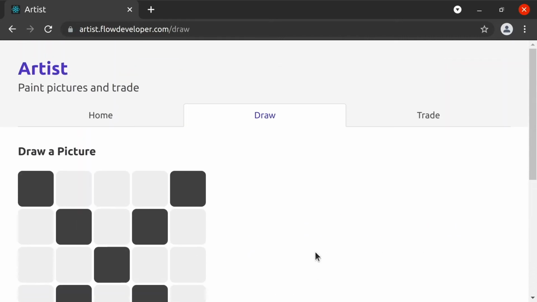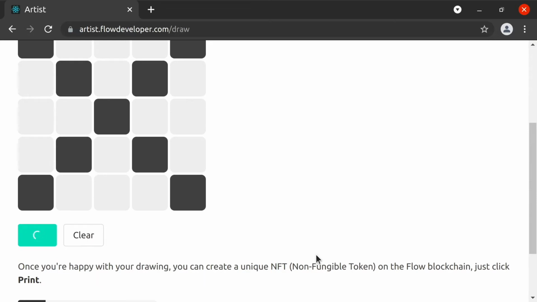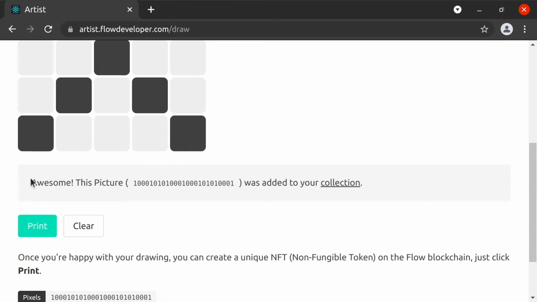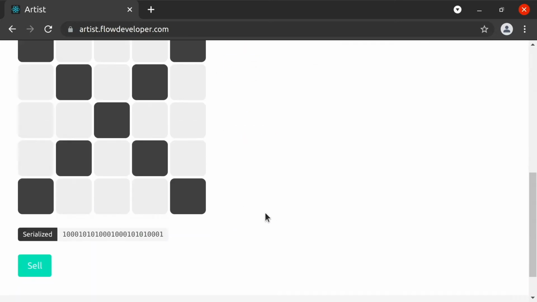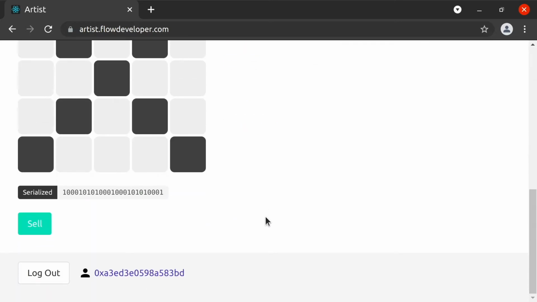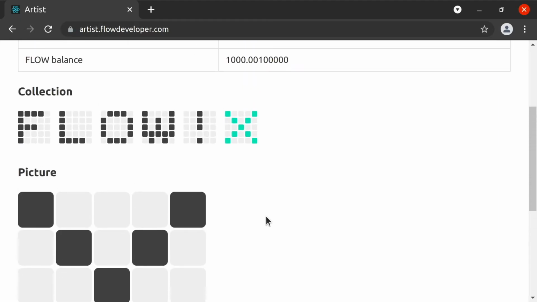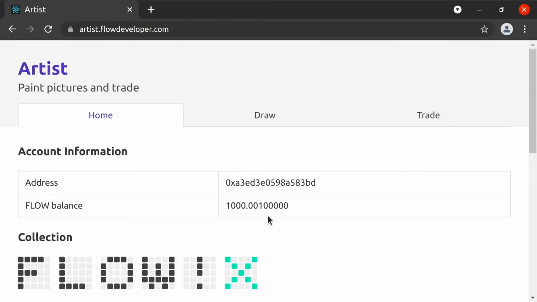This is fully driven by the Flow blockchain. There's no backend storage. Everything is hosted on Flow. Once the transaction is completed, we'll be able to see that this picture was added to our collection, and we can see 6 pictures in this collection. So this is the end goal for week 1, and to get there, we'll start playing around with the tools